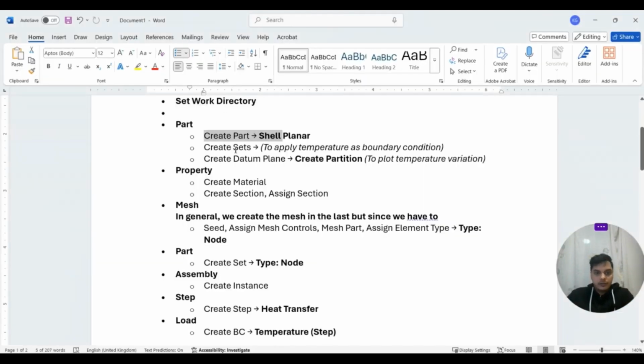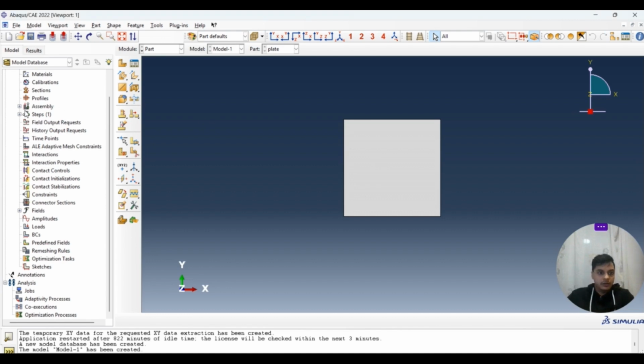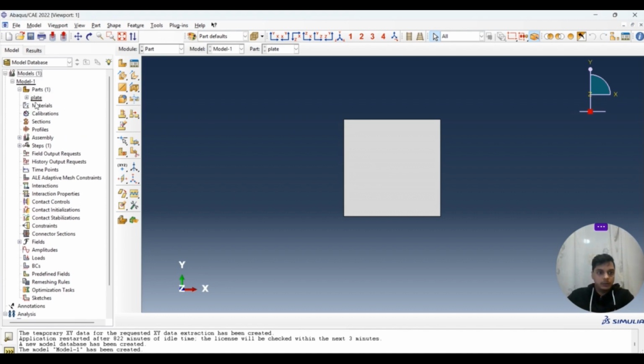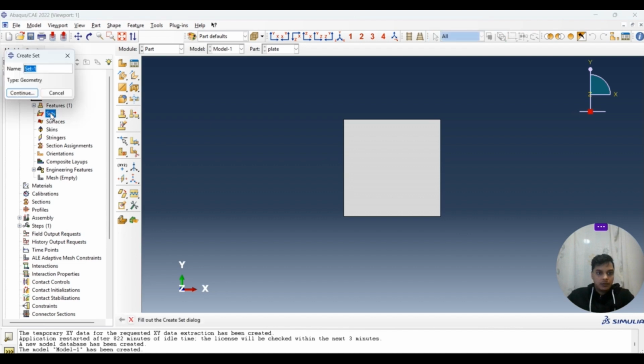What next we have to do is create the sets. So we have to create different sets here. We simply go to the part here. We want the surface where our temperature is going to be 400 degrees Celsius.